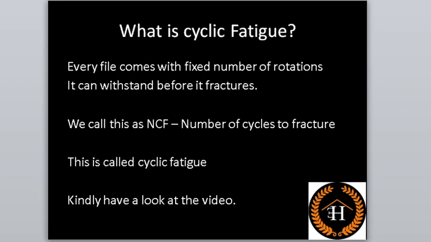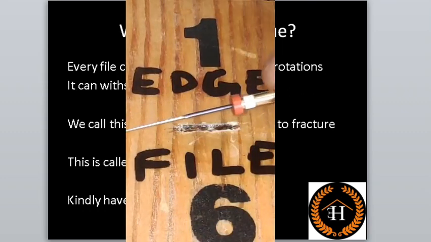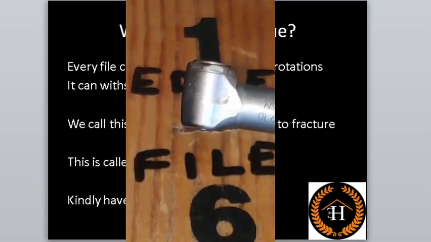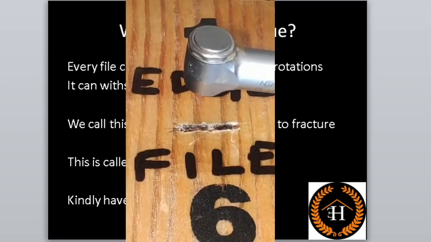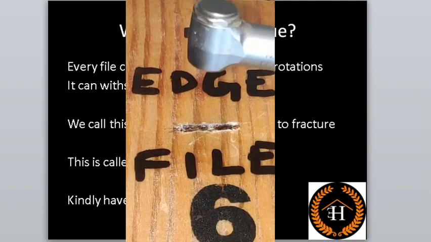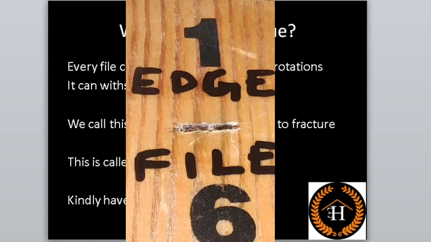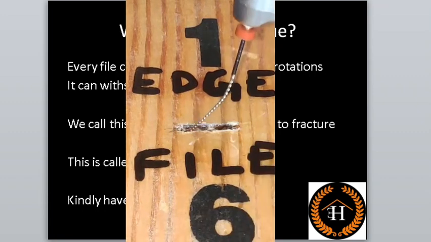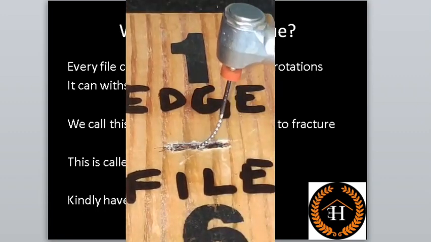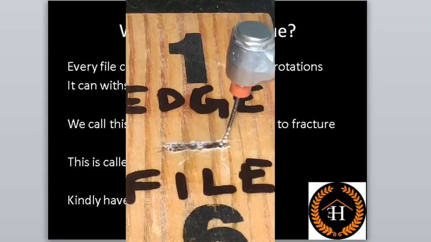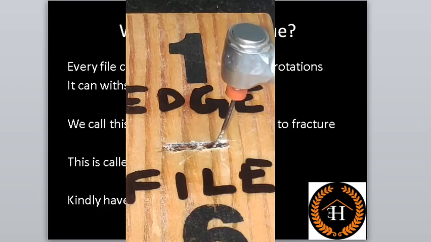Kindly have a look at the video, which is a 1704, and it's going to be mounted on the X-Smart handpiece. Okay, and this I would rotate in this slot at 90 degrees, and you can see for yourself how long it rotates before it fractures. There we are, restarting it. I just hold the block nicely so that you can see. You can see the file is at 90 degrees. Okay, and there we start. Just count till the time this fractures.